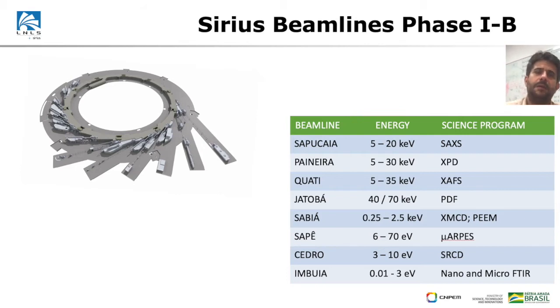These beamlines will be covering different techniques from small angle X-ray scattering like Sapucaia to X-ray powder diffraction like Pineda, or X-ray absorption and fluorescence spectroscopy, Quachi. The pair distribution function analysis also will be covered in the Jatobá beamline that will work with a high energy